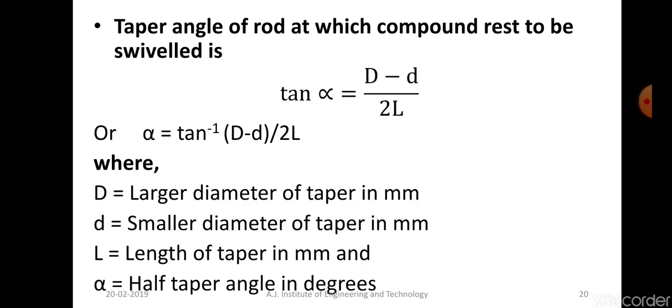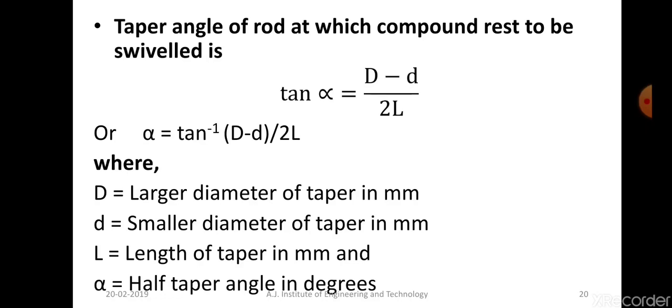L is the length of the specimen from capital D to small d only. It is not the overall length of the workpiece, it is the taper length. That means from where we want 25 mm till it becomes 20, that length is called the taper length or L. And what is alpha? Alpha is called the taper angle or half taper angle.